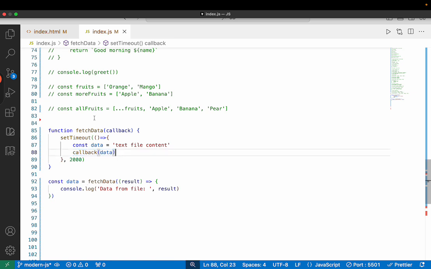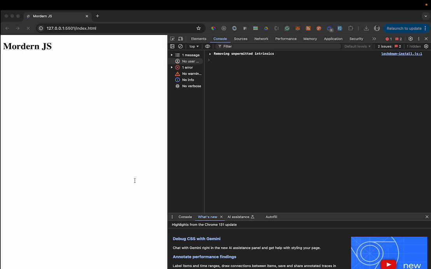So when we call this fetchData function, we pass a function as an argument, and that function takes the data, which is basically what we are expecting from our callback, and we are logging that data to the console. Now if we check our console,